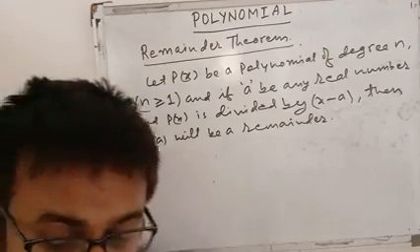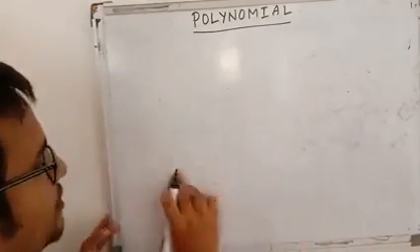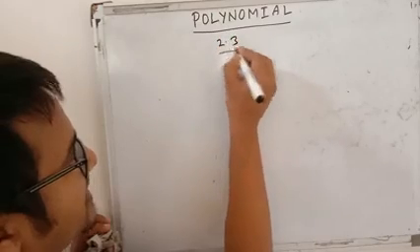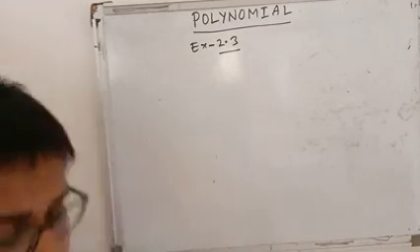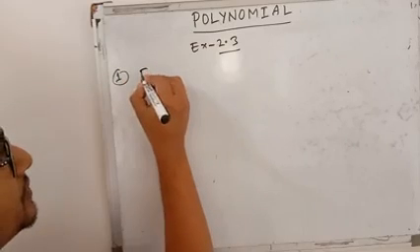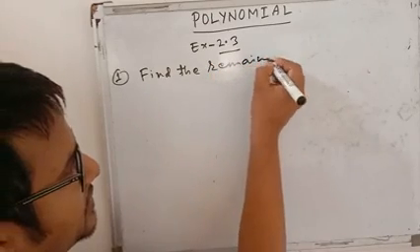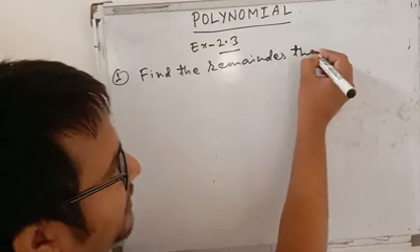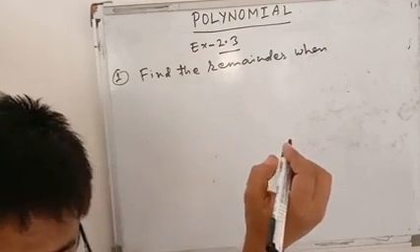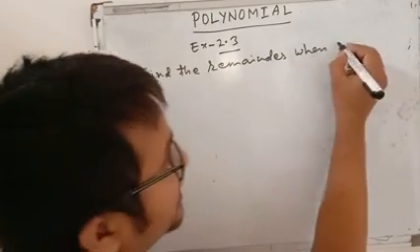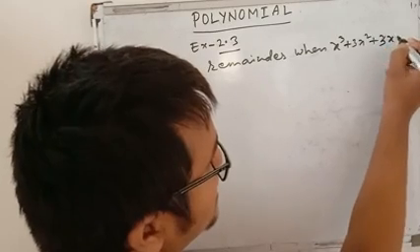Now see NCERT exercise 2.3, question number 1, from the NCERT book. Find the remainder when x cube plus 3x square plus 3x plus 1